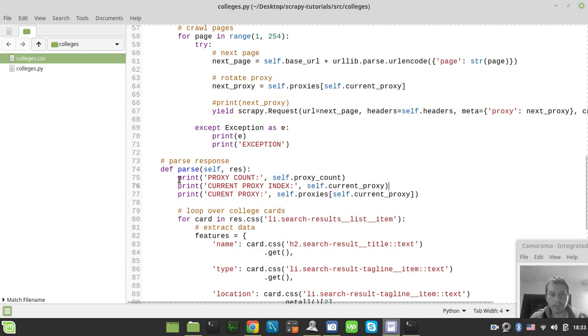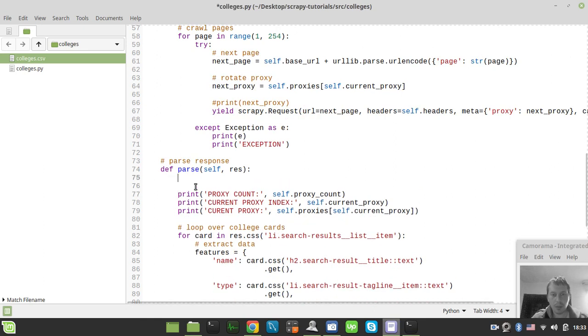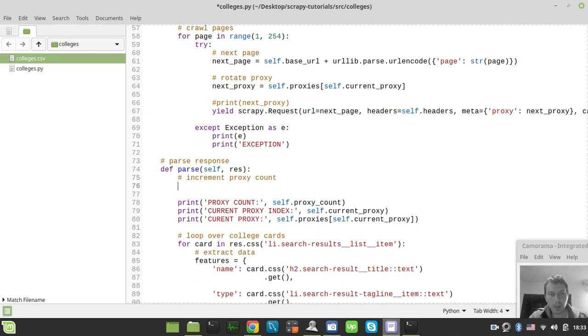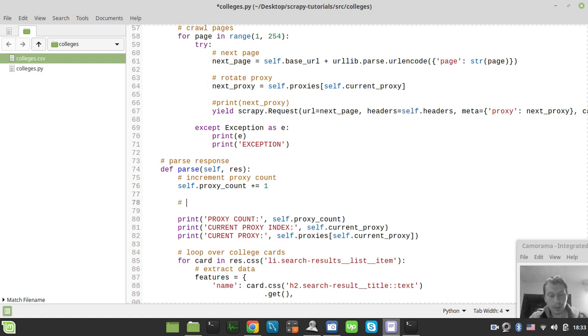So here we actually need to say increment proxy count, and we say self.proxy_count plus equals 1. Okay, and also we need to say rotate proxy every, well, let's say 5 requests,